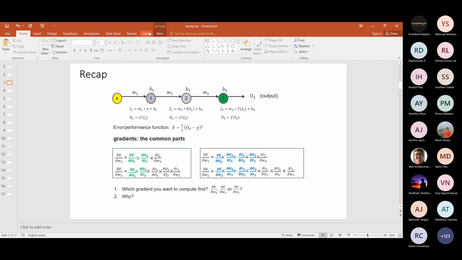Okay, so once you have the error function, then you compute the partial derivatives of this error function with respect to all the model parameters, the weights and biases and all. So you need to compute the partial derivatives for all the parameters in the network. And you have seen why this is necessary: in gradient descent, this is how we are going to optimize this error function, in this case minimize it. The fundamental thing is you need to compute all the partial derivatives of the error function for a particular network.